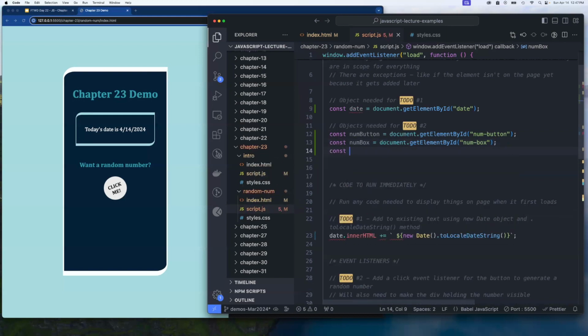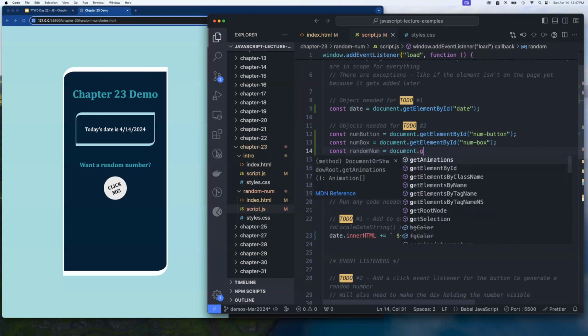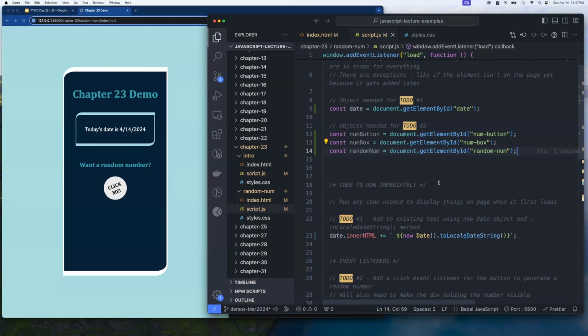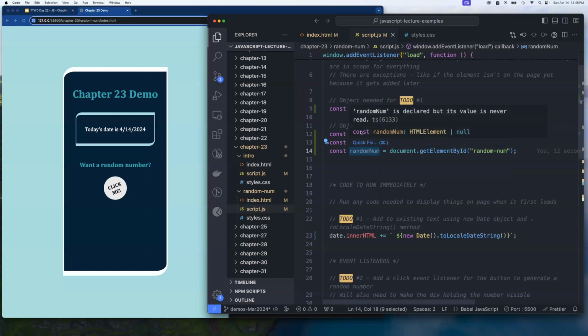And the third one will be the random num. Notice that I'm naming these pretty closely to their equivalents in the HTML file. I typically do that for consistency's sake, to be specific. So if this is num button, I just put it in camel case, num box, put it in camel case, etc. That's a good convention to use so that everything has that one-to-one relationship and there's no confusion about what belongs to what. If you start giving them names that are too different, you start losing track of what represents